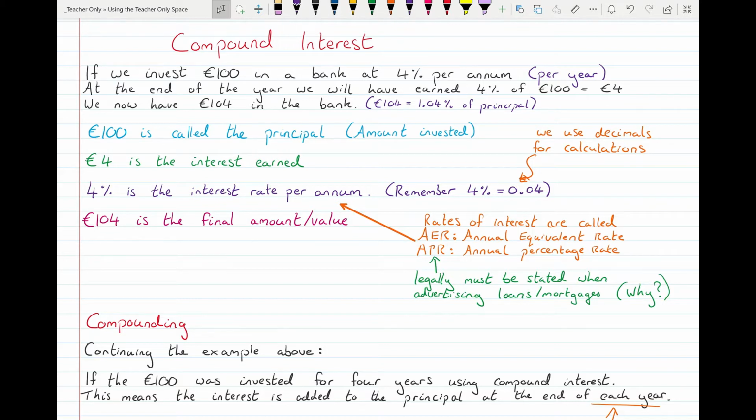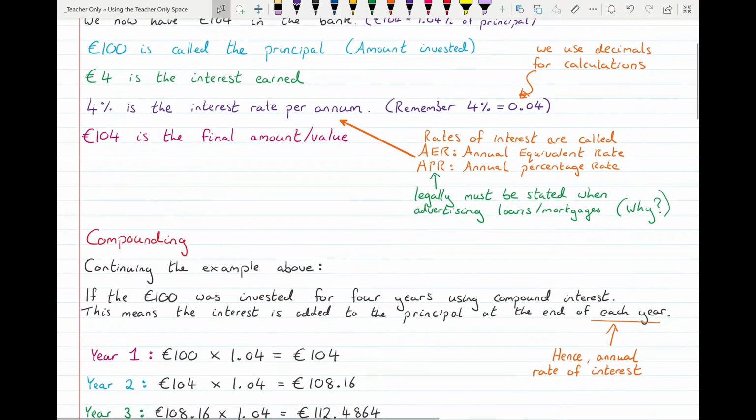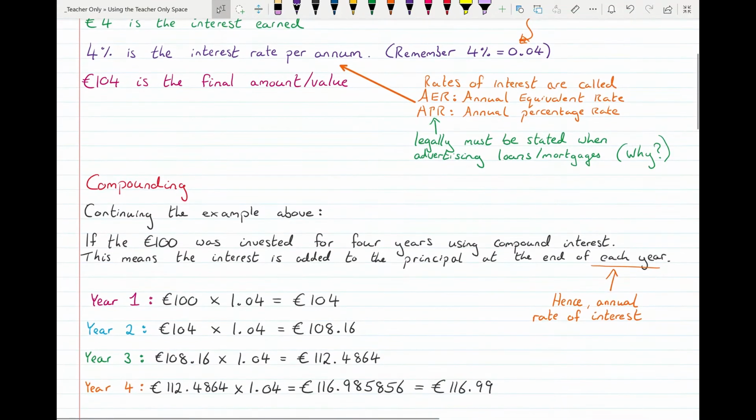Compounding then is where, if the €100 was invested for 4 years instead of just for 1 year, using compound interest, that means the interest is added to the principal at the end of the year. So at the end of year 1, we'd have €104. So now that's the new starting amount. We're starting with €104 at the start of year 2, and we're going to add on 4% to that, and it'll bring us up to